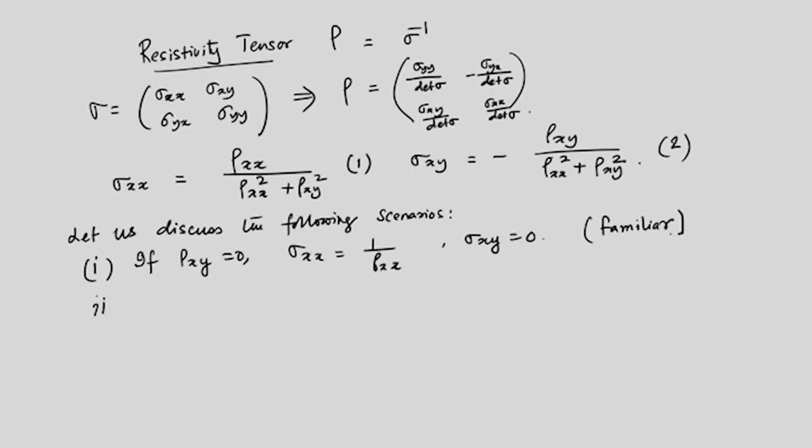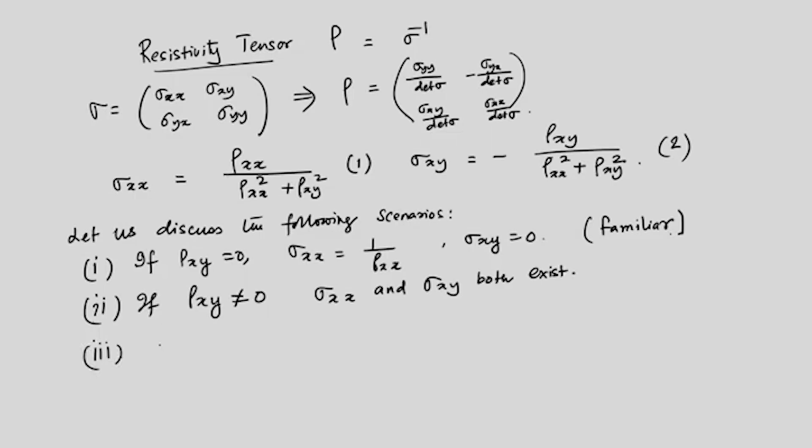The second scenario is that if the rho xy is not equal to 0, now this is interesting, then sigma xx and sigma xy both exist. Okay, because rho xy is not equal to 0, you have both of them existing. Now,